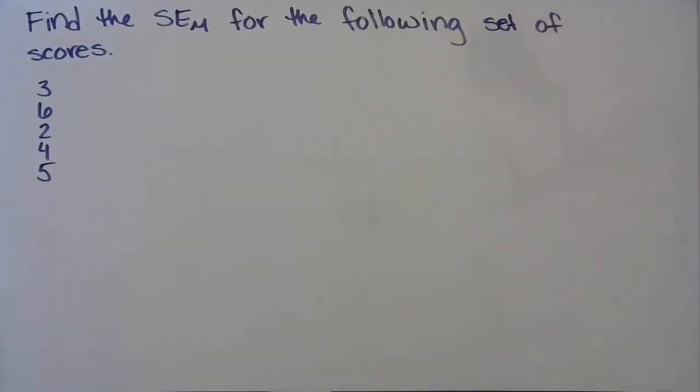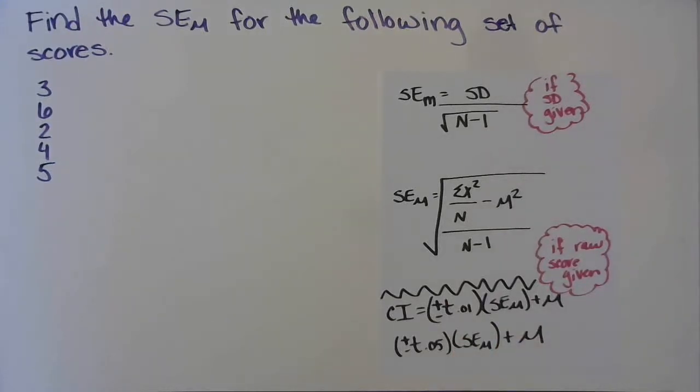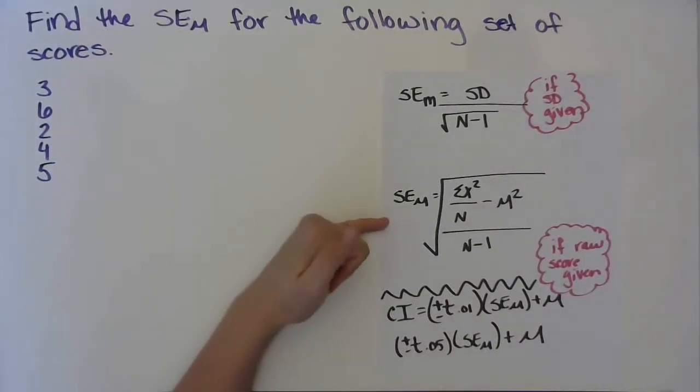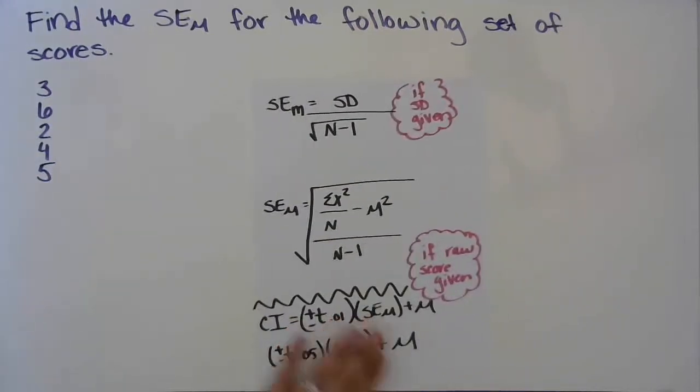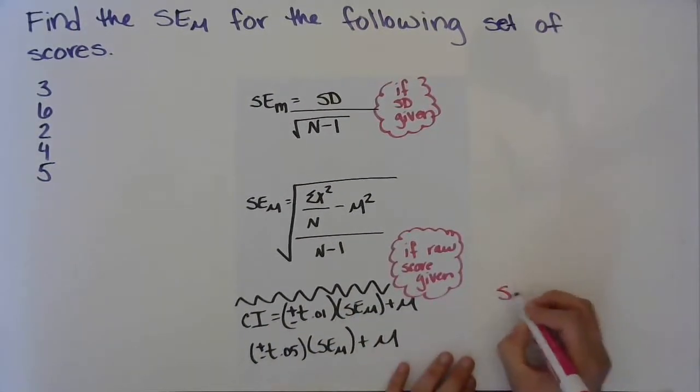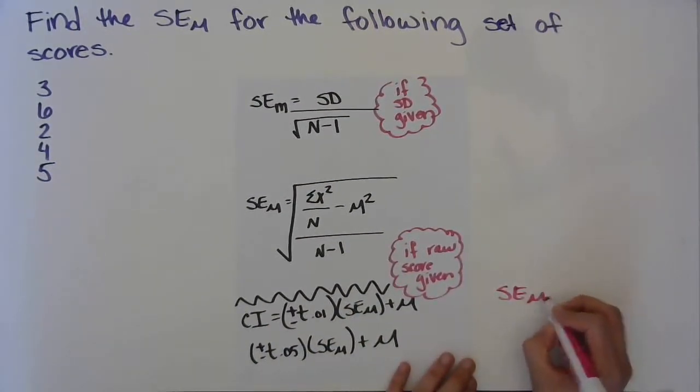So in the previous example, we looked for the standard error of the mean using the formula if the standard deviation was provided. So in this example, the standard deviation is not provided. So if you look at our formulas here, this is the formula that you are going to have to use because the standard deviation isn't given. Instead, you are given a set of raw scores. So let's go ahead and write that down here. So the standard error of the mean